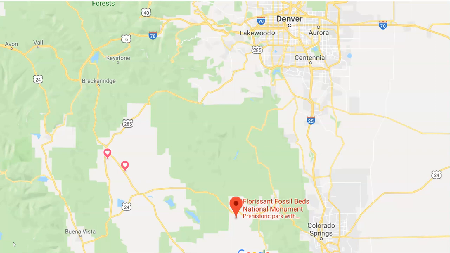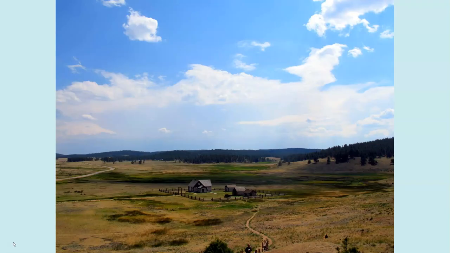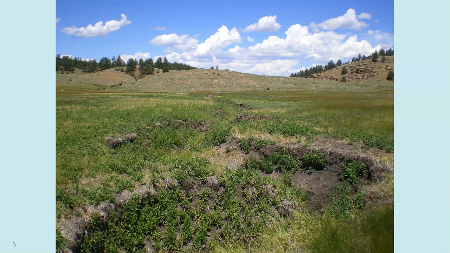Florissant Fossil Beds is a national monument. It's an area up in the mountains west of Colorado Springs. It's got some really amazing fossils associated with it, old fossilized sequoia stumps and lots of invertebrates. It was homesteaded in the 1800s. This is a picture of the original homestead site with the wetland of interest in the background. And through that homesteading activity, they manipulated the landscape as many homesteaders did, and they took some